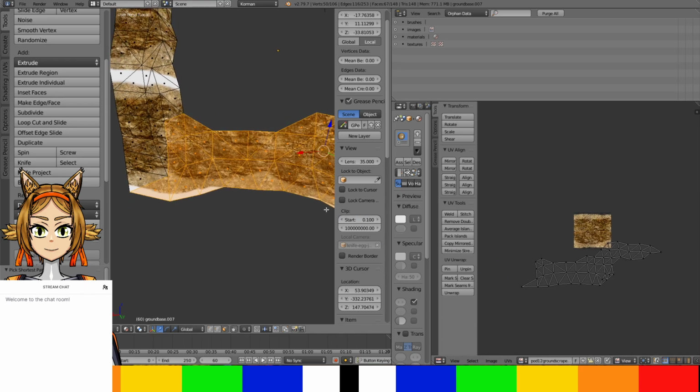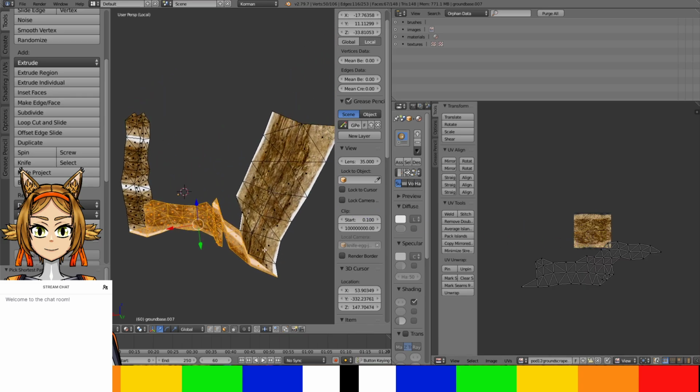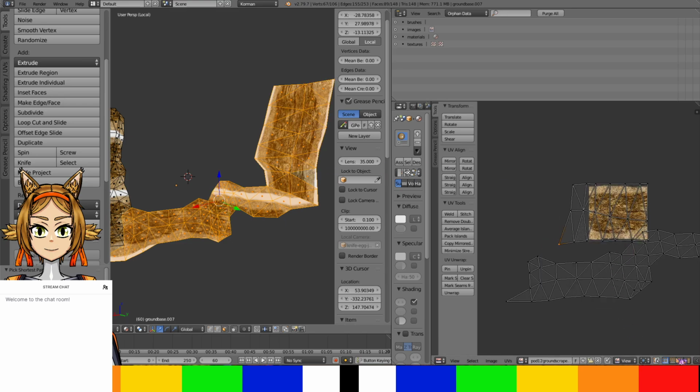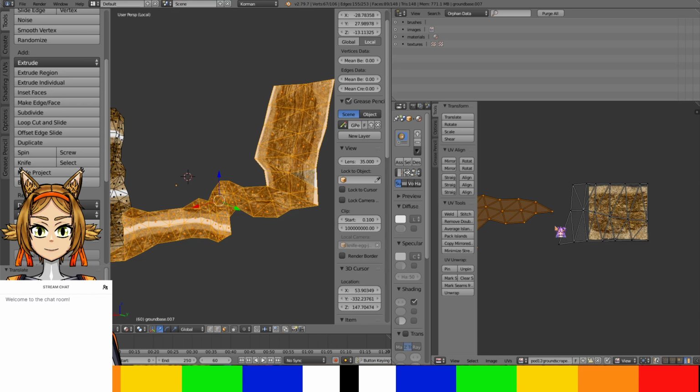Okay. And then don't forget to select these again, because I need that to line up. Okay. So you can start to see where we need to line things up. We kind of want this to be one long continuous strip of